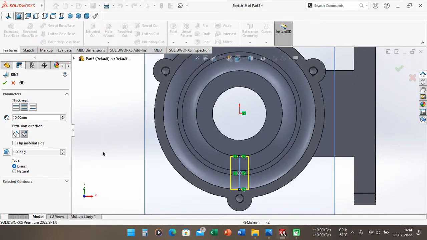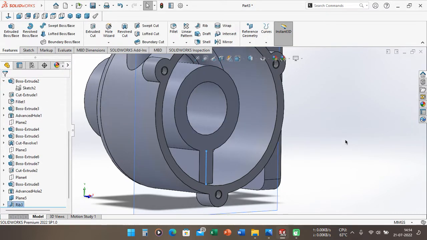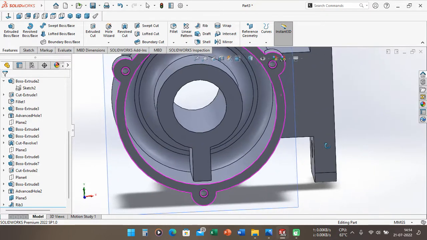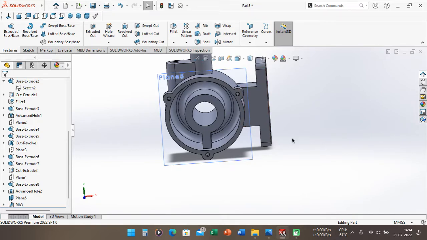No, we don't want to select the contour here. So we can just use this 10mm. So the section has already been created here.